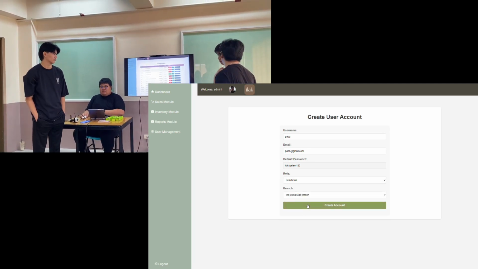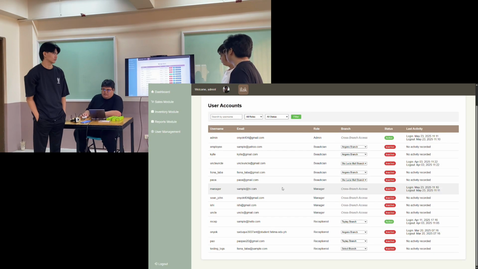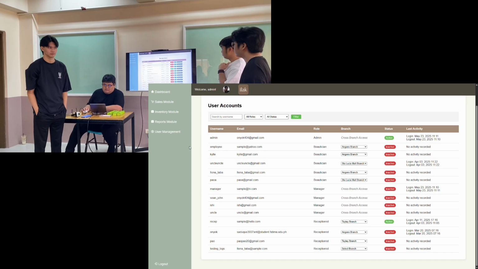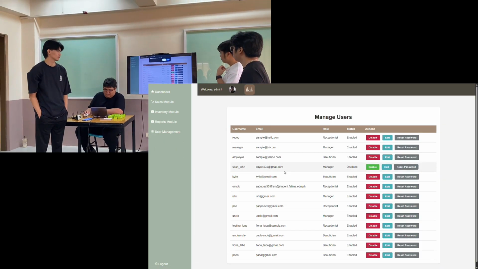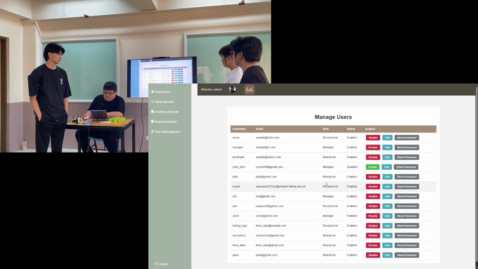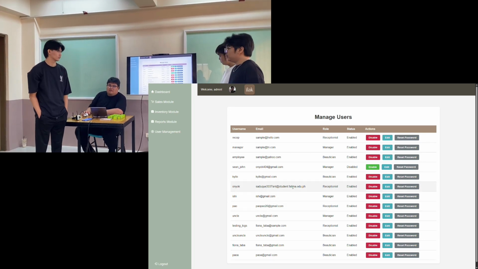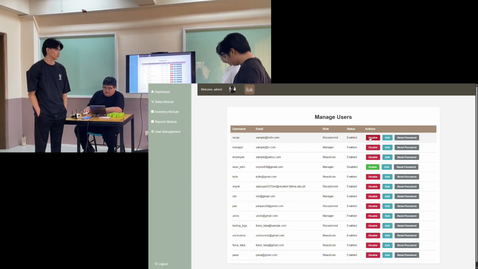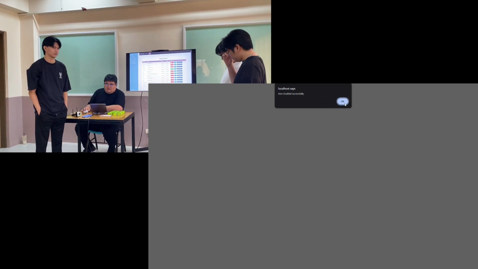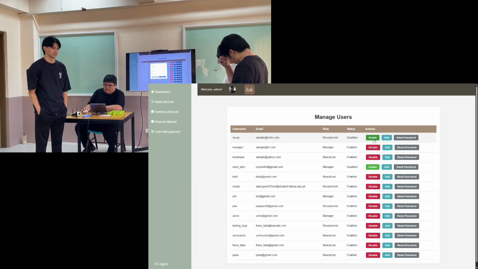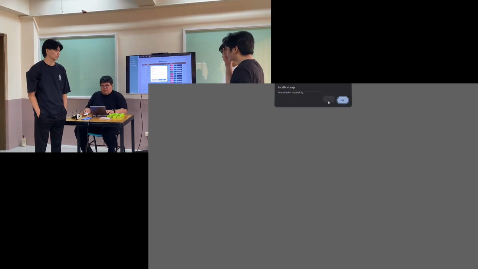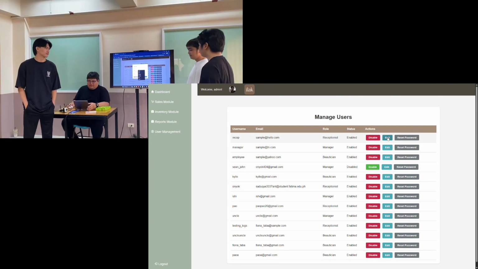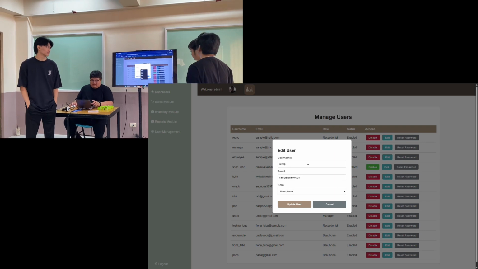As you can see here, the manage account, there are some actions here: disable, edit, and then reset password. So when you click disable on a specific staff here, the staff can no longer log in to the system. And then once it is enabled again, that account can access the system. And then the edit, which is for example here, we can change the username and then the email and then the role.